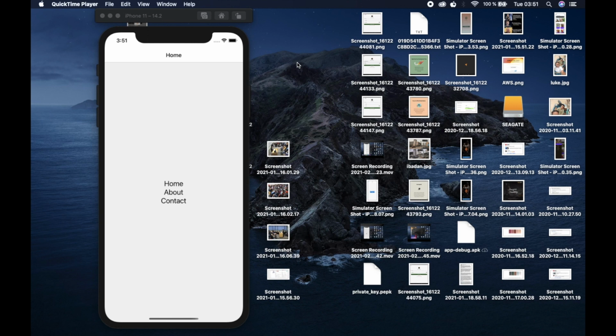So in this video we're going to be looking at how to add stack navigation to your React Native project. Unlike a web browser, React Native does not have a built-in API to handle screen navigation. You will have to specify what type of navigation you want to use in your project, which in our case is stack navigation. The StackNavigator provides a way for your application to transition between screens, and it also helps you